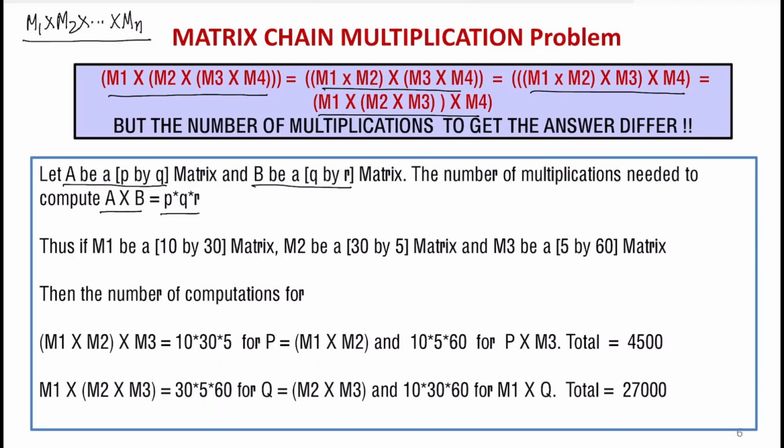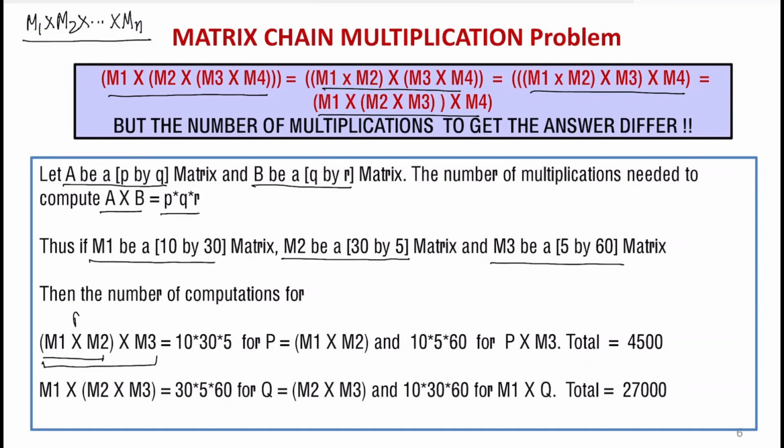So it is P into Q, that is the resultant size, P into R, which is the resultant size, and for every one you require Q such multiplications, because Q is the common element. Now if M1 is a 10 by 30 matrix, M2 is a 30 by 5 and M3 is a 5 by 60 matrix, then if we do M1, M2, M3 as M1, M2 first, followed by the result of this,